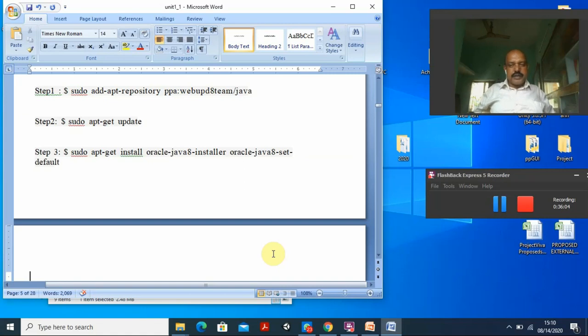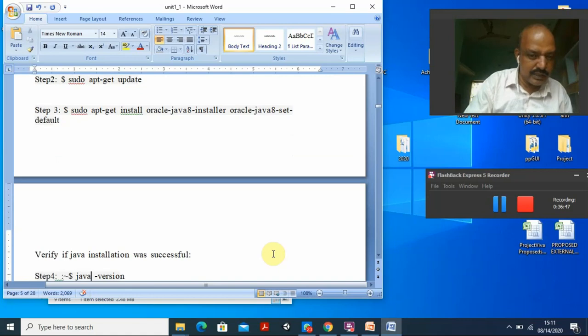So first you update your operating system with sudo apt-get update. But before that, step one: sudo add-apt-repository, which is where JDK 8 is available. Run the first command in your Linux or Mac, then go for sudo apt-get update. The third one is sudo apt-get install, because it is no longer the proprietary of Oracle now. Whatever Java versions there are, it is already an MoU with Oracle, so everything is available: oracle-java8-installer, oracle-java8-set-default, all of it is there.